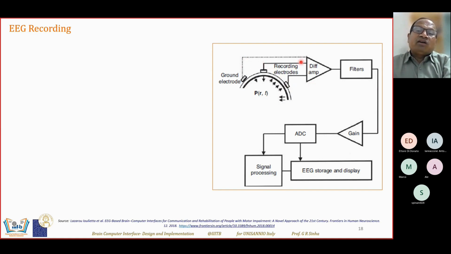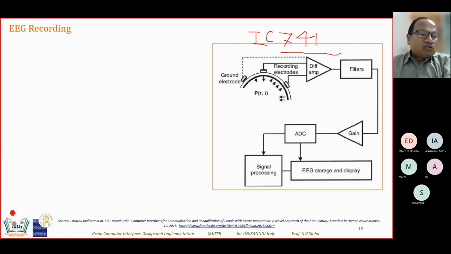There are two electrodes. There will be always a reference electrode, generally a ground electrode. So these bipolar electrodes will read certain potential. For example, the differential amplifier. I hope all those who are having some electronics background, they understand differential amplifier. One of the popular amplifiers is, there is a very popular IC number, you may be aware, 741. IC 741 is